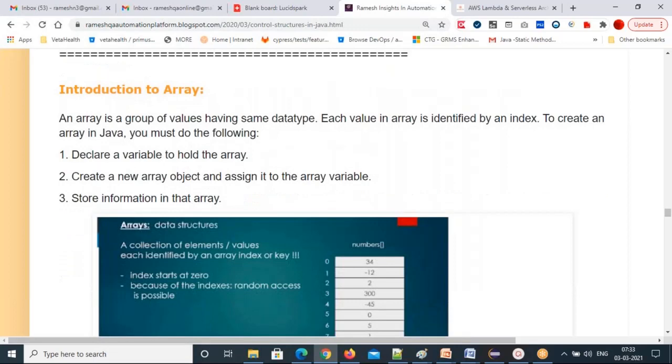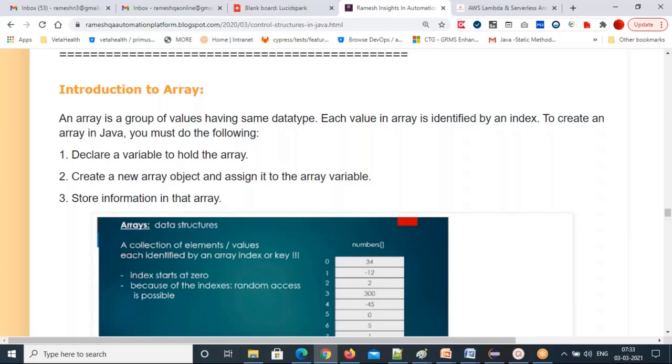An array is a group of values having the same data type, and you can store them inside the array. So similar data type elements you can store in the array. Each value in the array is identified by an index. So what is an array? A collection of elements, a group of elements.